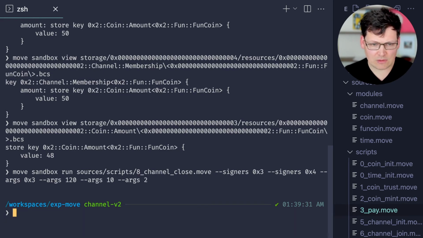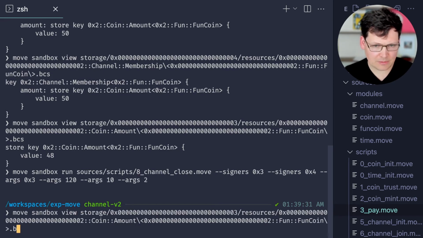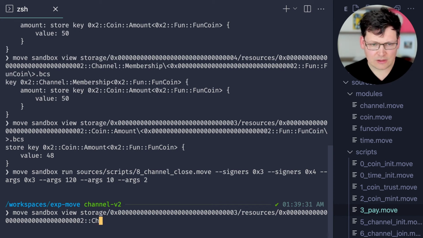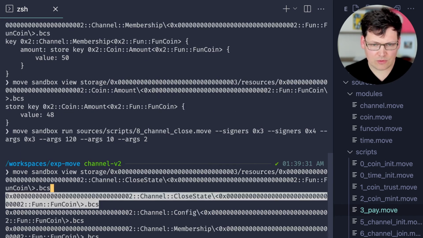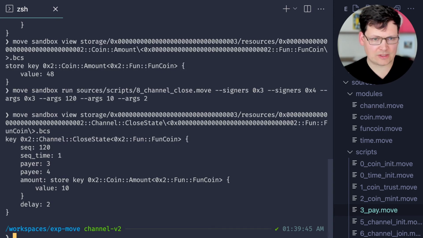And let's go back and have a look at some of the data that's being stored on chain. So the channel stores the close state. And we can see here the close state, once the close has begun, is sequence 120, which matches the close that we started. We can see that the sequence time is 1. So at time unit of 1, this occurred. The payer is from 3 to 4, value of 10, just like what we ran in our command here, and delay is 2